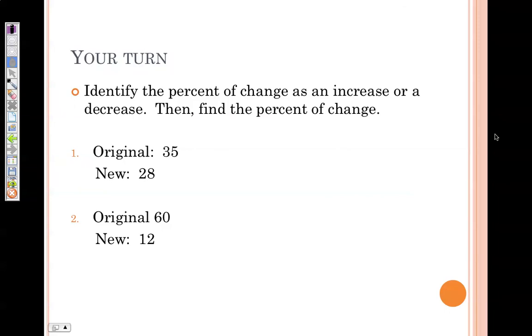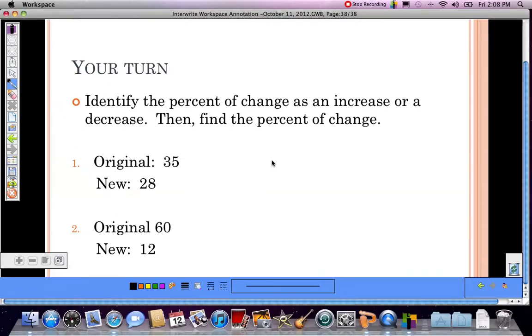All right guys, now it is your turn to try some percent of change examples. Please remember your formula for these questions. You are going to be finding the percent of change,